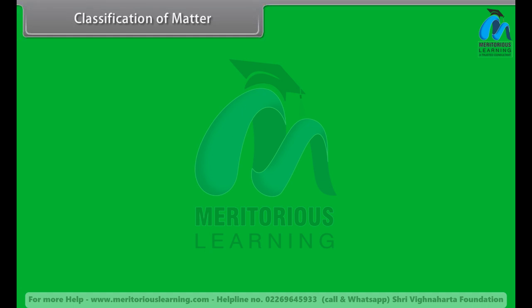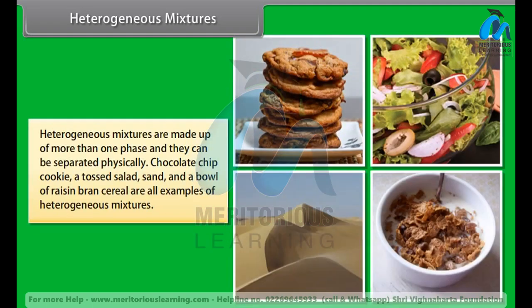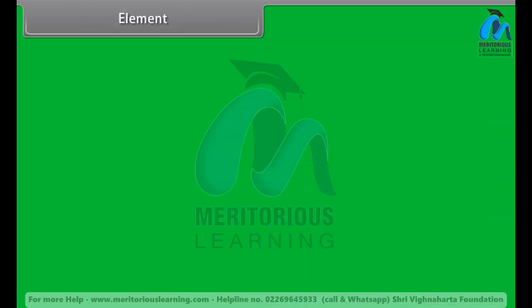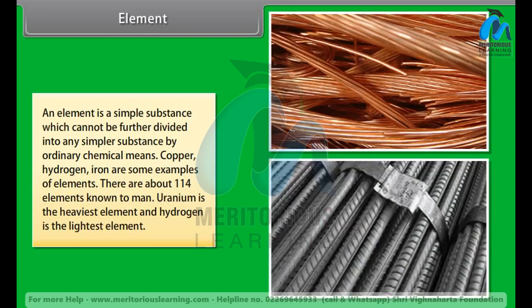Classification of matter. Substance, compounds and phase. Solute. Heterogeneous mixtures. Heterogeneous mixtures are made up of more than one phase, and they can be separated physically. Chocolate chip cookie, a tossed salad, sand, and a bowl of raisin bran cereal are all examples of obvious heterogeneous mixtures. Element. An element is a simple substance which cannot be further divided into any simpler substance by ordinary chemical